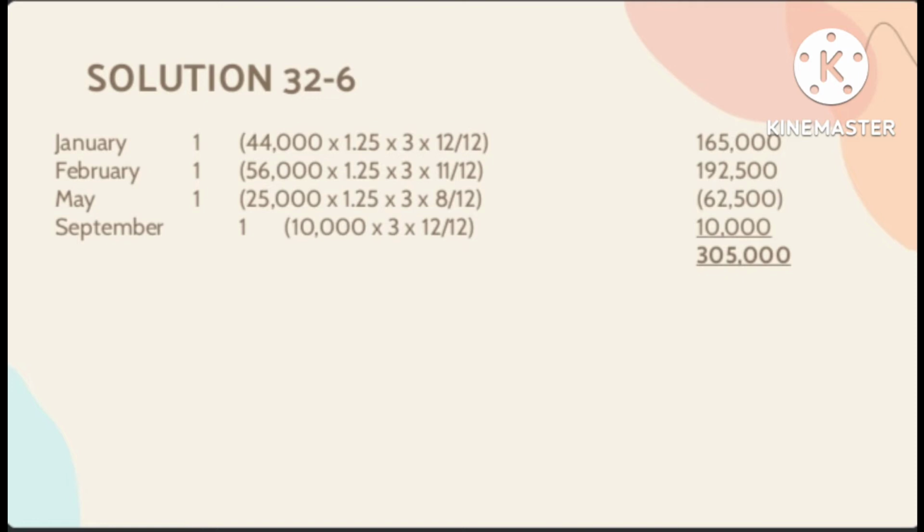September 1, 10,000 times 3 times 4 over 12. This is worth 10,000. The overall total is